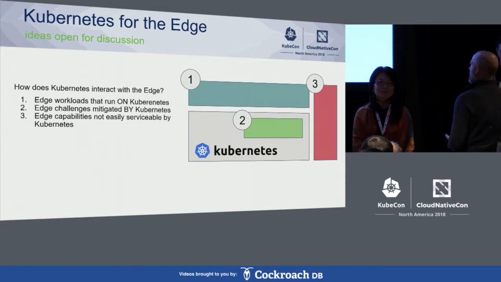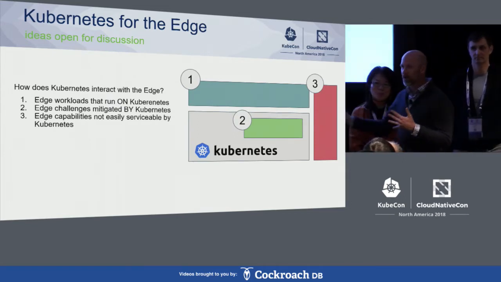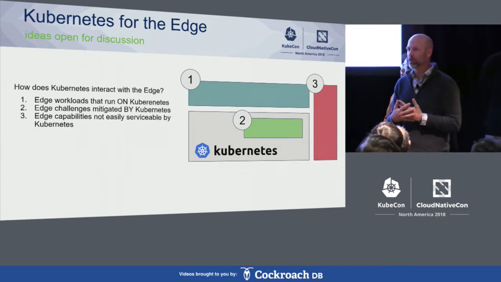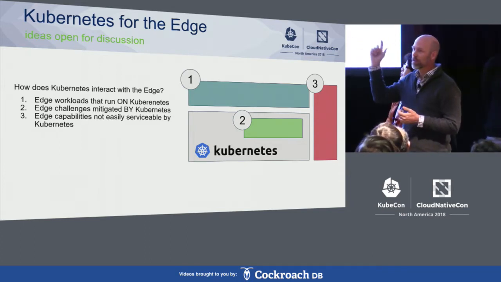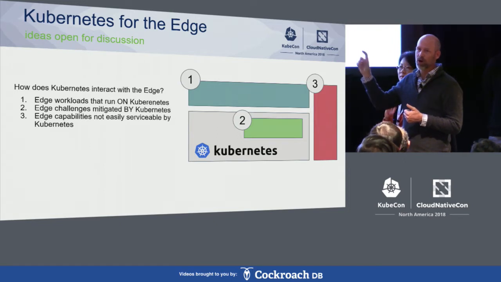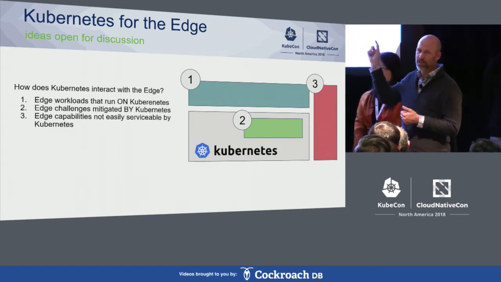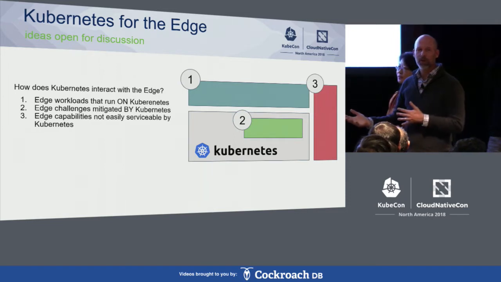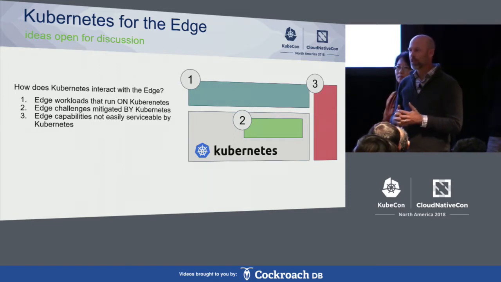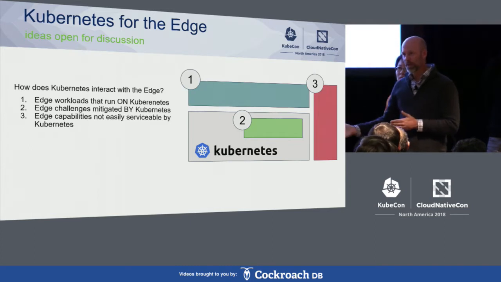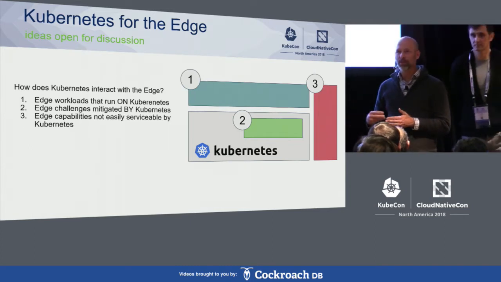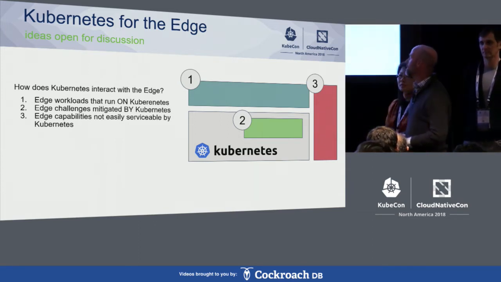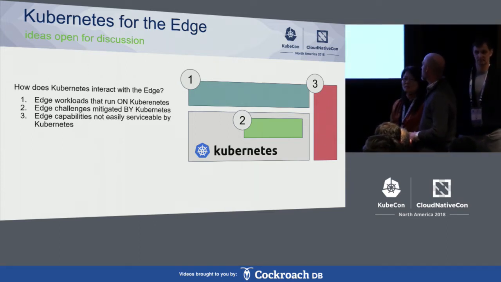Yeah. There's a lot of confusion about where Kubernetes intersects with the requirements of the edge. So part of what we're doing in this working group is exploring how different features or requirements of edge workloads partition out into each of these three areas. Because I think there can be confusion about whether a given capability that needs to be met should be met by Kubernetes or by something that will run on top of Kubernetes. So that's how we have divided up these three areas.